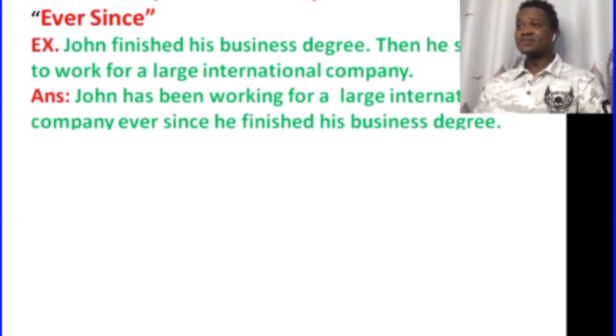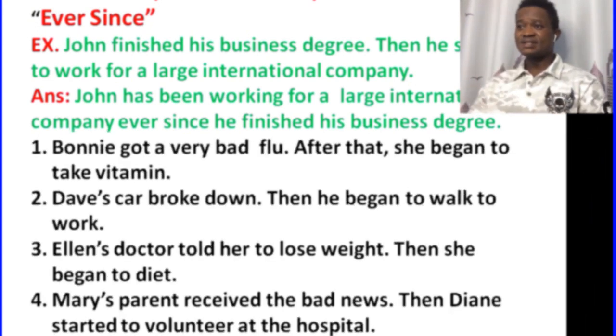Alright, so you gotta follow this one using ever since to form the present perfect progressive. Most of the sentences are gonna be in the past, so you have to change them to present perfect progressive. So like example here, you gotta do the sentences from 1 to 4. So go over the sentences and make sure